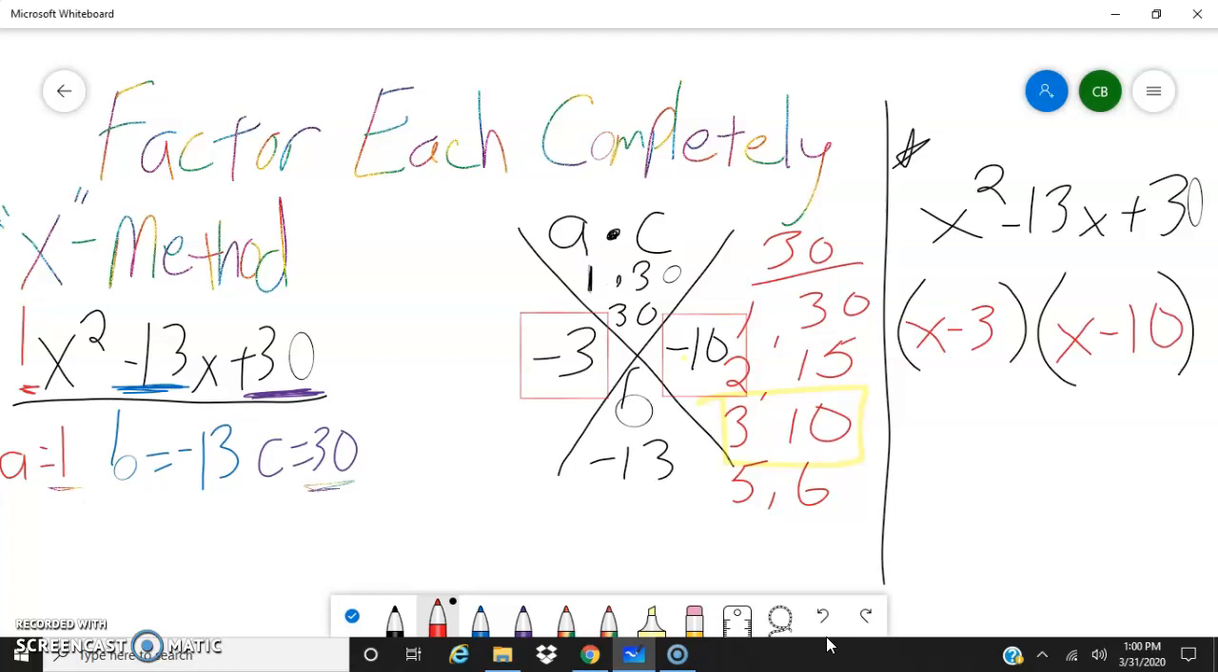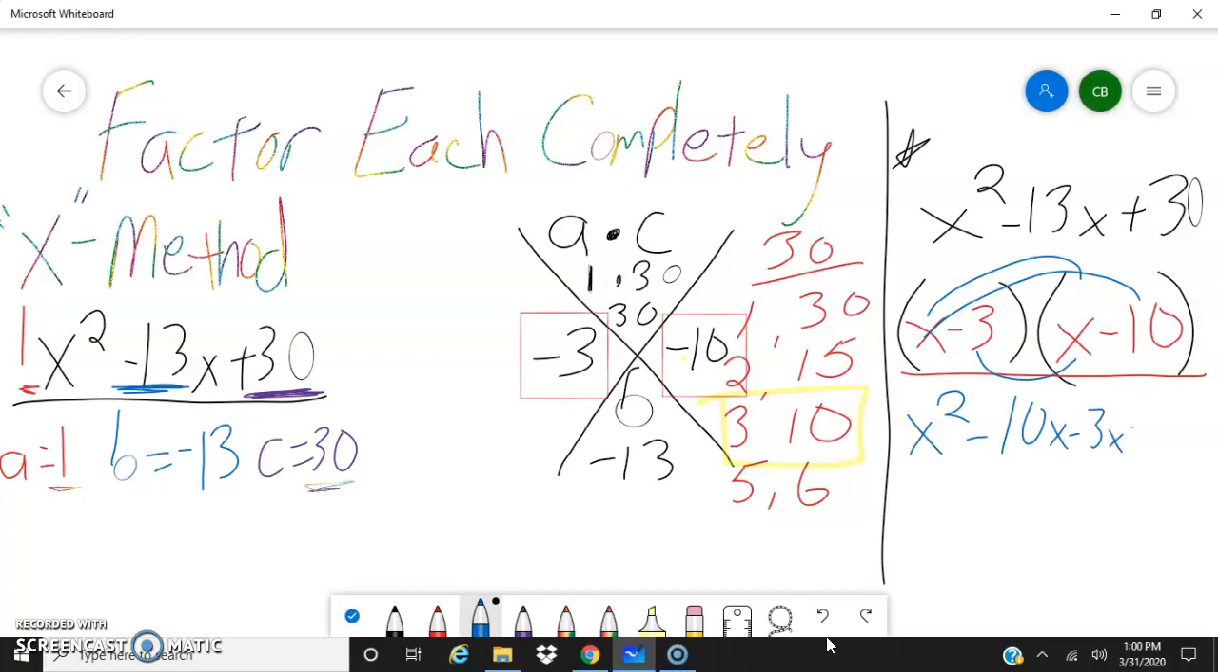Now, if you have been watching any of my videos at all, we know that we can FOIL that expression. So we can FOIL to check. Let's go ahead and do that. x times x is going to give me x squared. Outside, x times negative 10 is going to be minus 10x. Inside, negative 3x, plus 30. If I combine those like terms, I get x squared plus